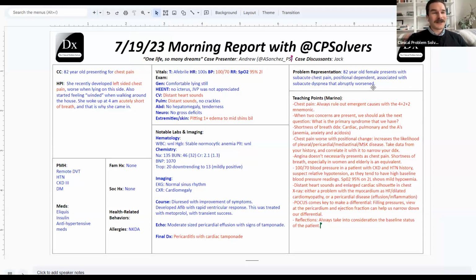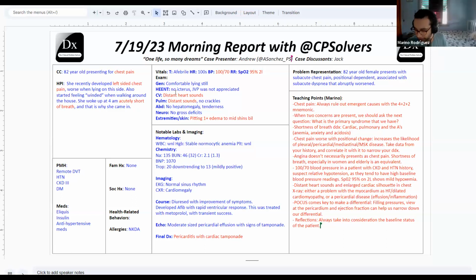Please keep us posted if there's anything else that comes back on what the tamponade is from, or what the pericardial disease is from. Yeah, absolutely. And I guess just one last thing before we close out. Avi said in the chat, I too can never fully trust the finding of dissonant heart sounds on exam. Actually, I think that's something I did subconsciously: there are a lot of patients where you can't hear their heart sounds just because of their body habitus. And I think I had translated that to her in this case, because this is the first time I've heard dissonant heart sounds where it's truly due to fluid in between rather than something else. But anyway, I'll pass it off to whoever's going to close us out.